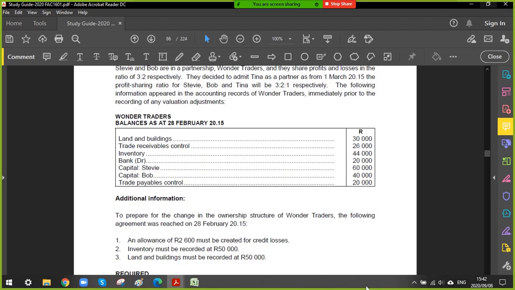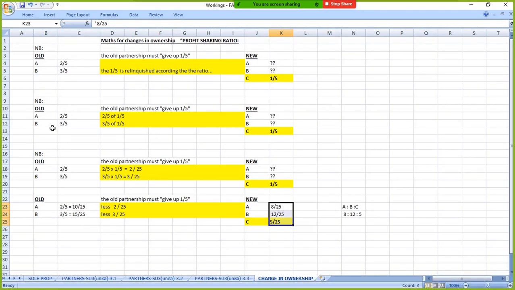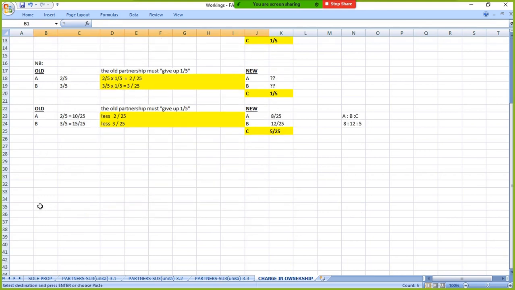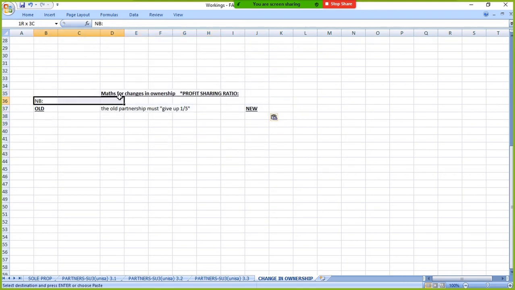Okay, so remember we said draw a diagram? So it's the old. Yes, that's the key. That's what I'm looking for. Good. It's the old. Exactly. Okay, so then draw the diagram. I'd have Stevie